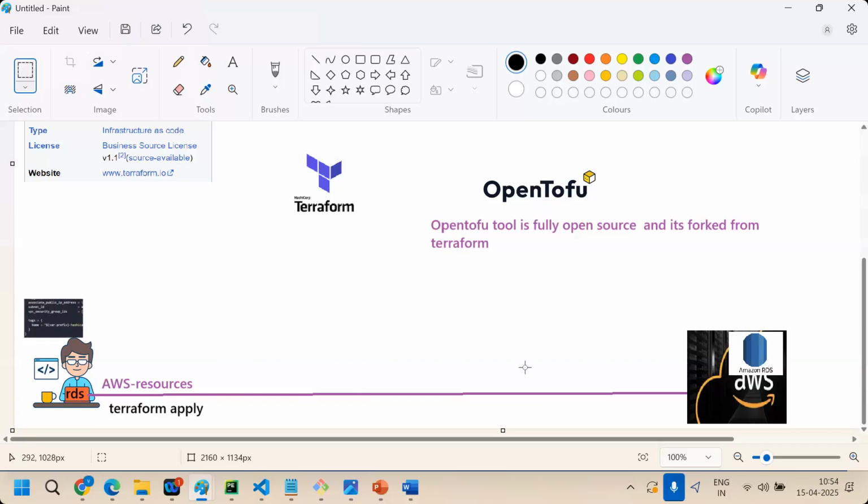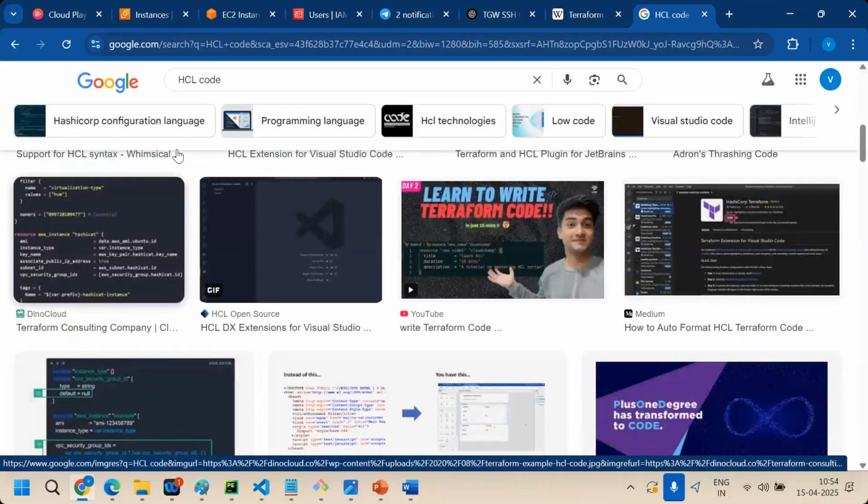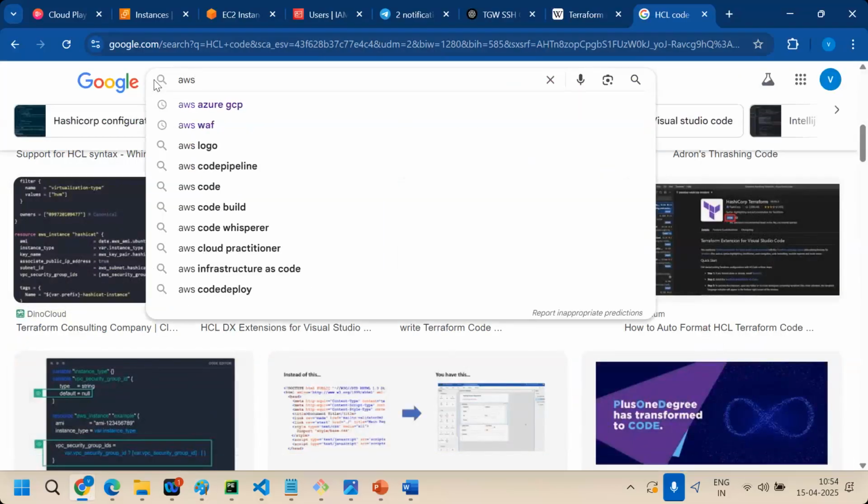But how will the request go directly to AWS? It may go to Azure also, or GCP also. In Python Boto3, how does the request go to AWS? Through Boto3 libraries. So here also there is a concept: the plugins concept. Yes, very good, the provider plugins concept. So this is Terraform, and inside Terraform we have plugins for AWS, Azure and GCP.